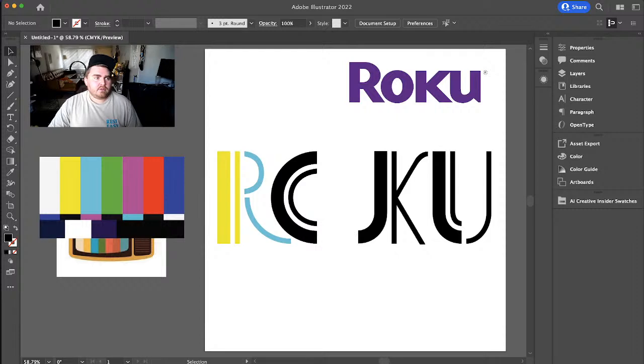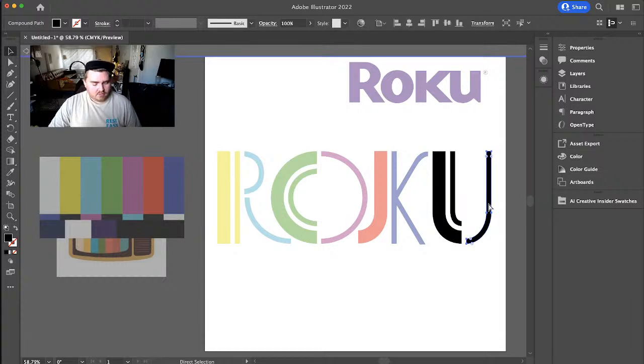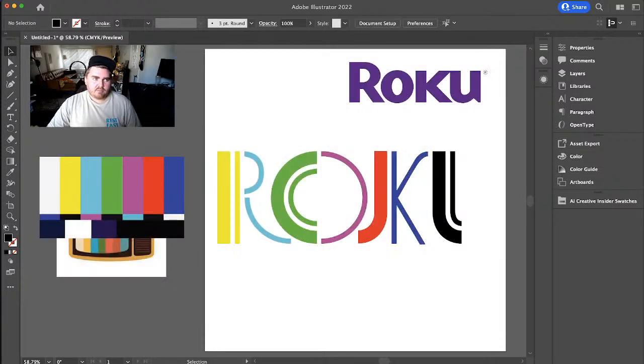So we do like this will be the green. This would be the purple. This would be the red. And then I guess we could just start it over. This will be the blue. And then for the U, we would just start back with the first one. So like this can be